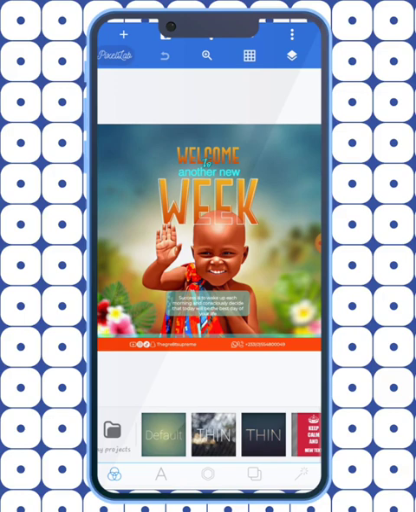All right, so I'm having these particular elements over here. This is the tropical leaves, and this particular one as well. This is the subject. For a new week, there should be a cheerful face and all that. And also I got this particular background. I am going to leave these elements or resources that I used to design this, the subject and the background,